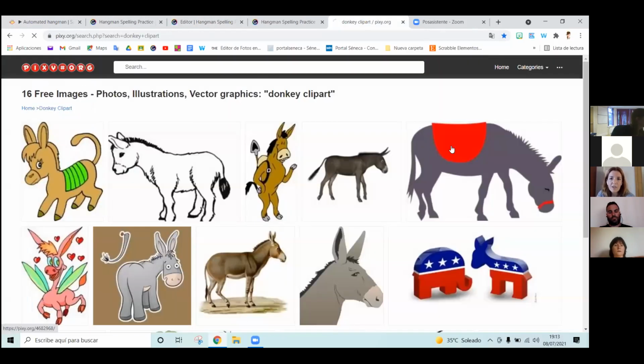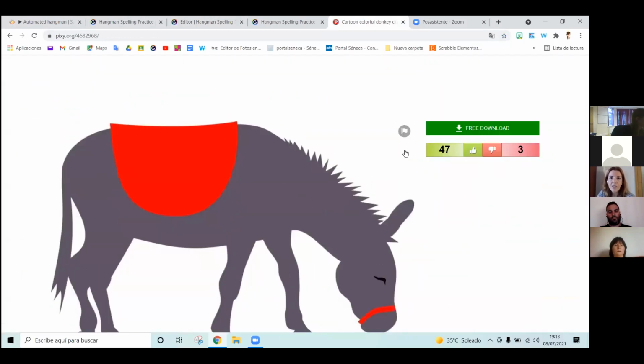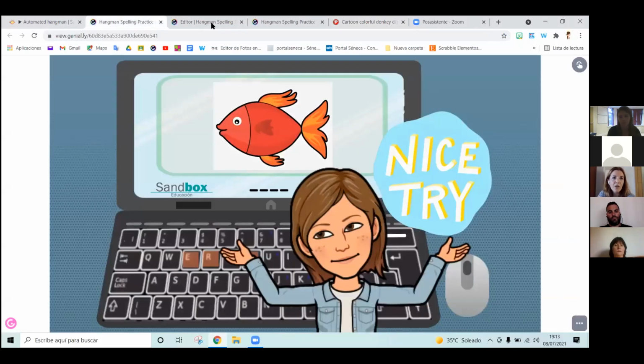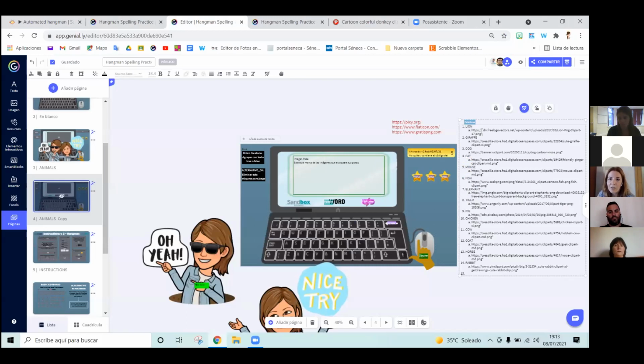So you press on the image that you want, right click on the mouse, and then copy the link from the page. If you copy this and then you go again to the game,